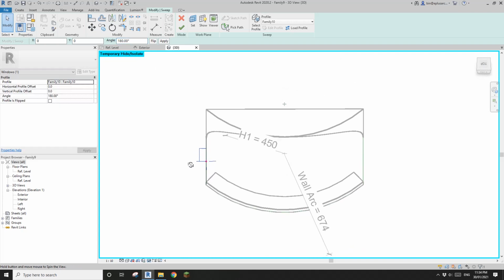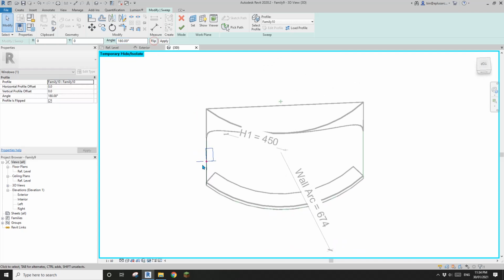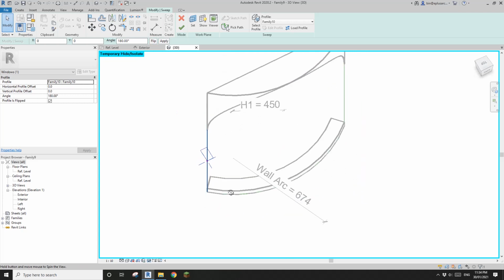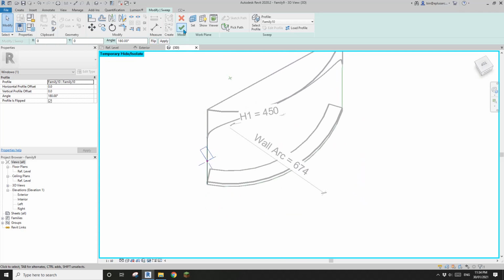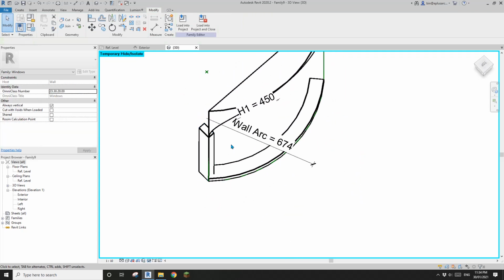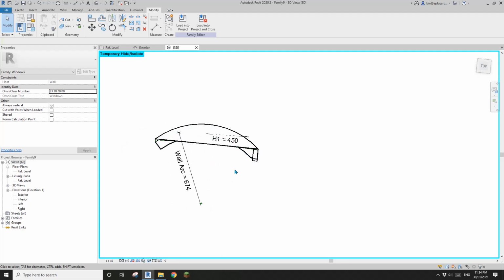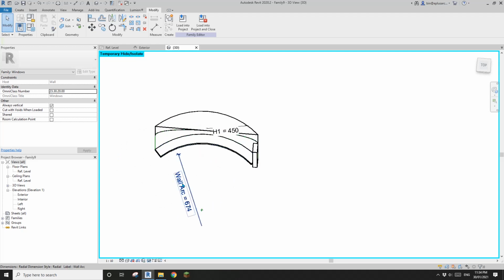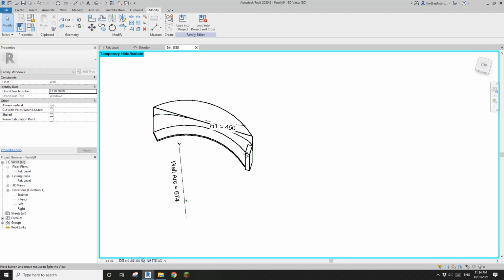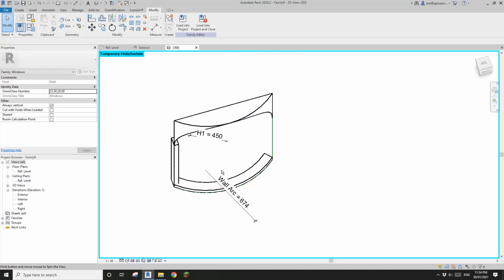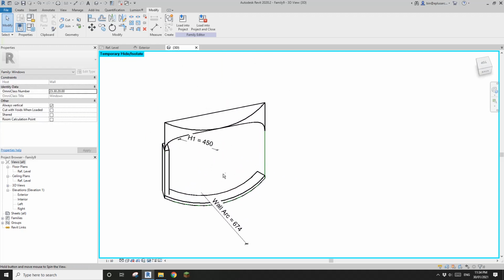So, and then looks like we need to flip it. So now it's about right, but I'll leave it for now because I think we will need to adjust this, but this angle will be different when we change the arc of the wall. So I'll leave it for now, and I'll fix it later. Okay, so